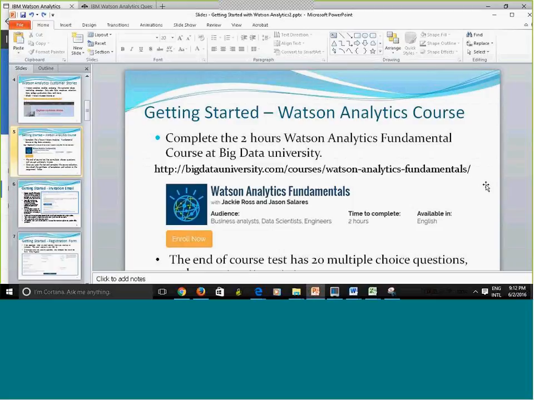So I've had 3 or 4 in my class supply me with alternate email addresses. When you say the open free course, the free course is from Big Data University. The UMUC account is going to be from Watson Analytics. So I think you'll be okay. But if you do sign up for more than one Watson account, you're going to need a different email address.